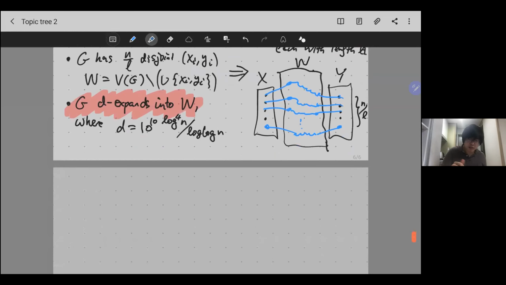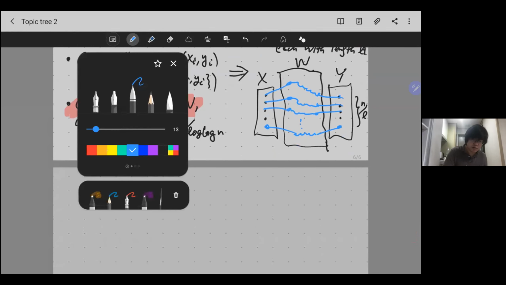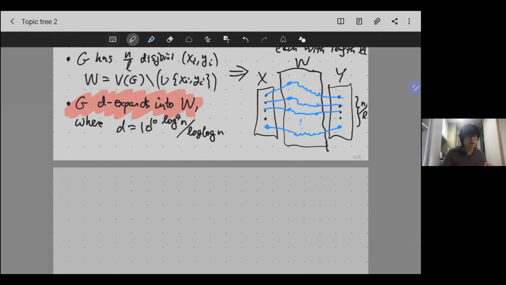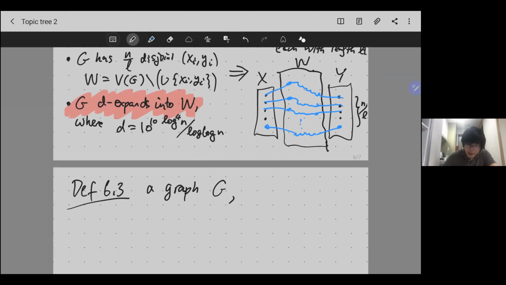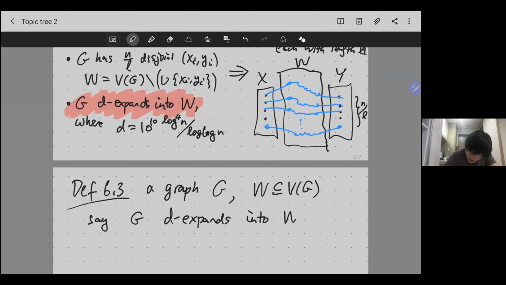So this notation, what is this? Basically, this is two conditions. For simplicity, we just give it a single name so we don't have to write two conditions all the time. This D expands into a subset. The definition is this, definition 6.3. We're given the graph G, and we have a vertex set W. We say that G D expands into W if